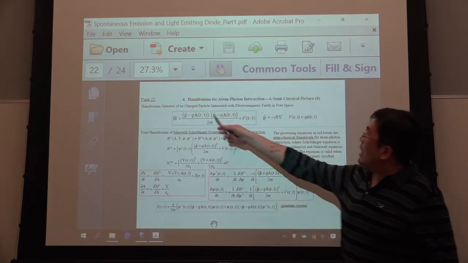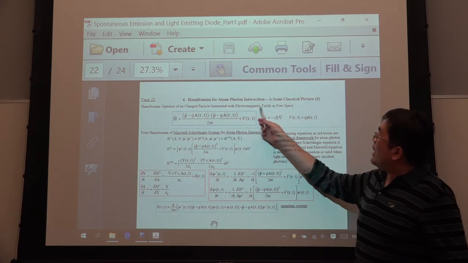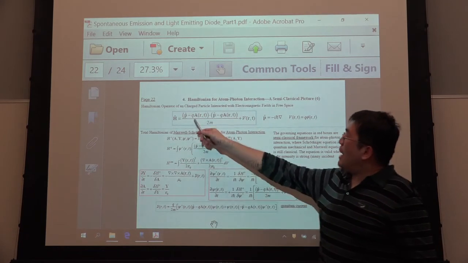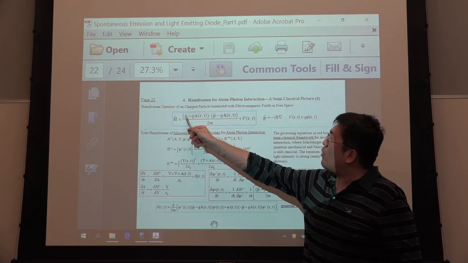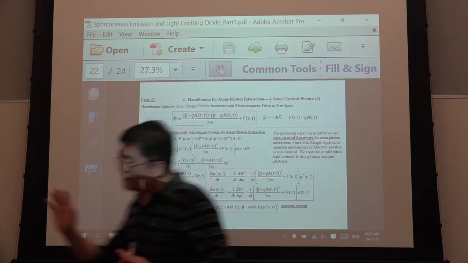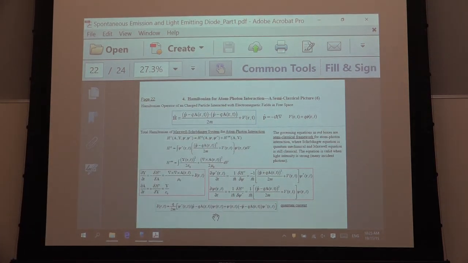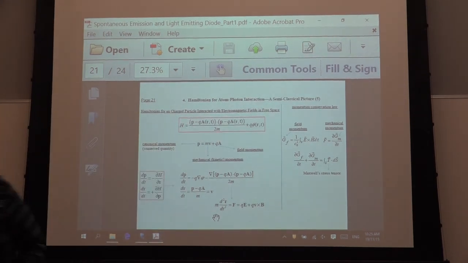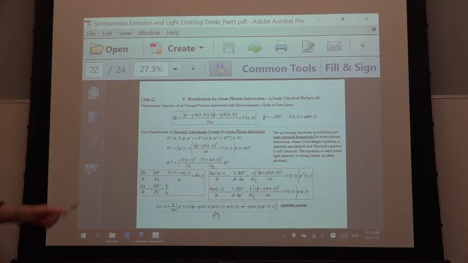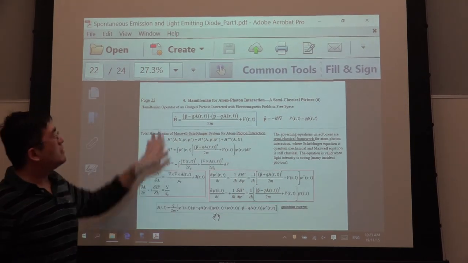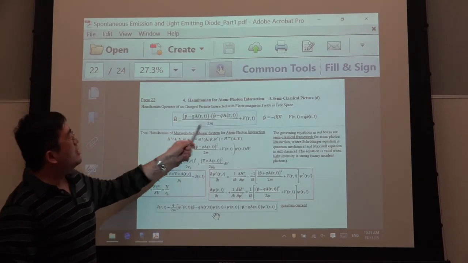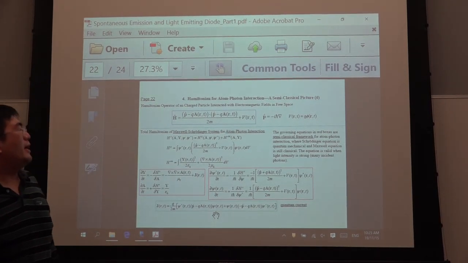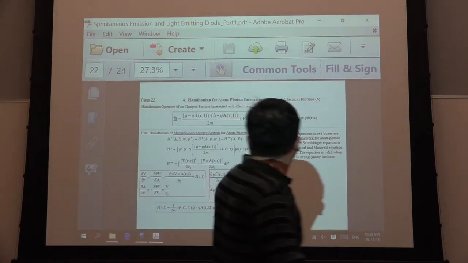Okay, so the Hamiltonian operator for this particle interacting with the electromagnetic field in free space. If I change the P to the quantized form, everything is the same. About quantum mechanics, everything is the same. This is classical, P equal to canonical P. Or here I just change P to an operator, as in the Schrodinger equation. Everything is the same. This H is just the particle part.